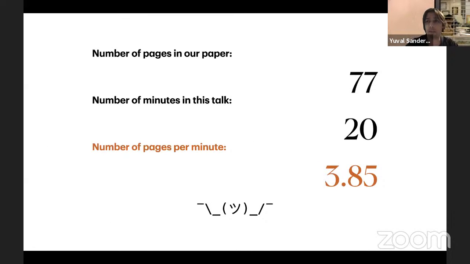So just before I really begin the talk, I just want to make a certain point, which is that our paper is 77 pages, and the number of minutes that I'm allocated for this talk is 20, which is a very appropriate number, except that if I was to try and cover everything in this paper, this would be 3.85 pages per minute. So this is not realistic, so I have to make some judgments about what is being presented and what is not being presented. So my aim is essentially to give an overview of what the paper is about, and then some kind of guidance about what you might find in this paper, so that the hope is that you can go check out the paper for specific techniques and so on. But the overall message, I'm hoping, will be very clear from this talk.